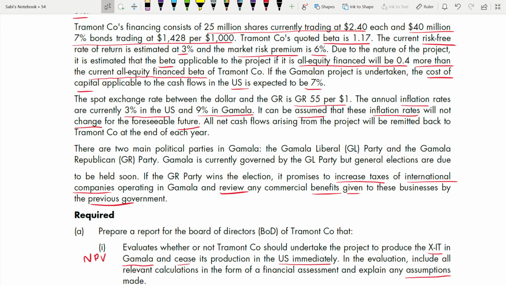To find net present value, what is your starting point? With cash flow. We need cash inflow and cash outflow. Cash inflow minus cash outflow is your net present value. We need to find a discount factor also. So for cash inflow, you start with sales. For sales also you have to do workings. Easily you will not get sales like that.